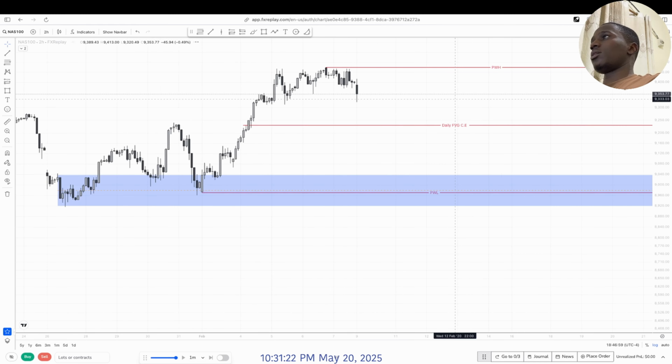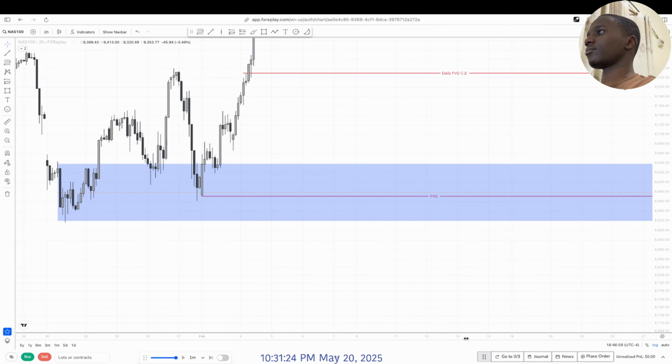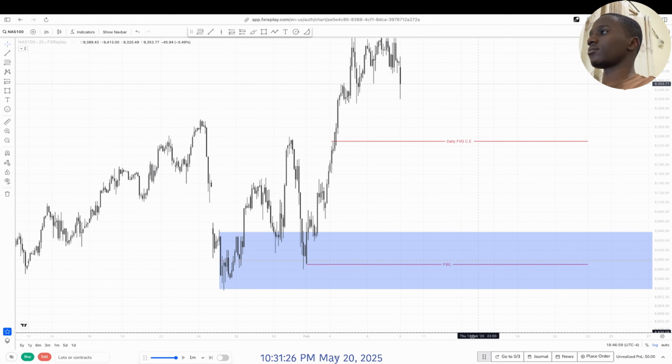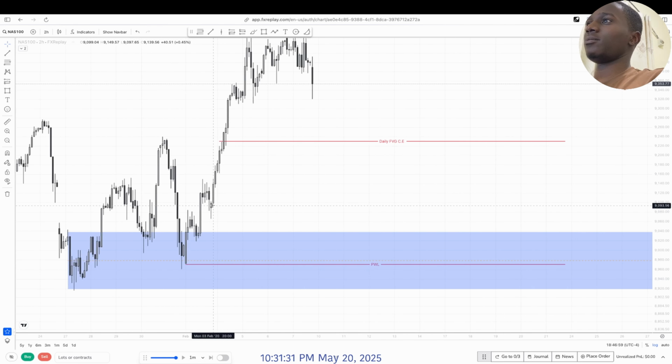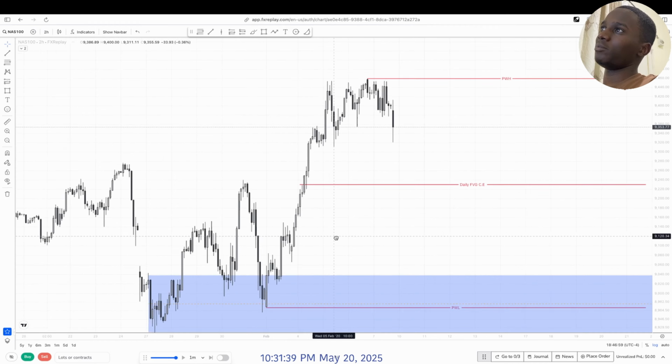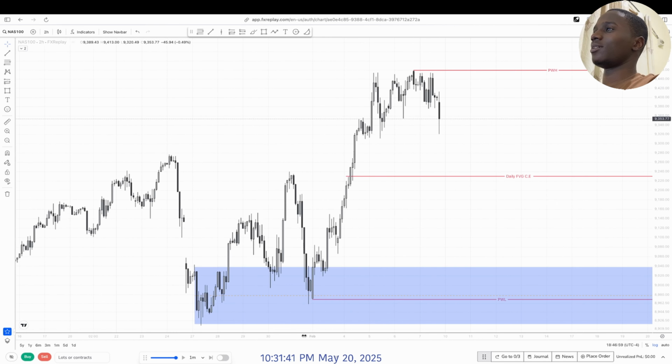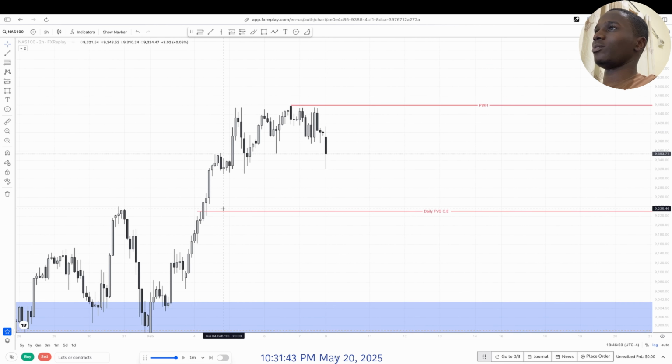We'll go to the 2 hour. You can see that this fair value gap was a good one last week. This setup is a good one. Did I take this one? I don't really remember it, but it looks clean. So if we were to sell, we might target this level and maybe take out these lows, these ones.